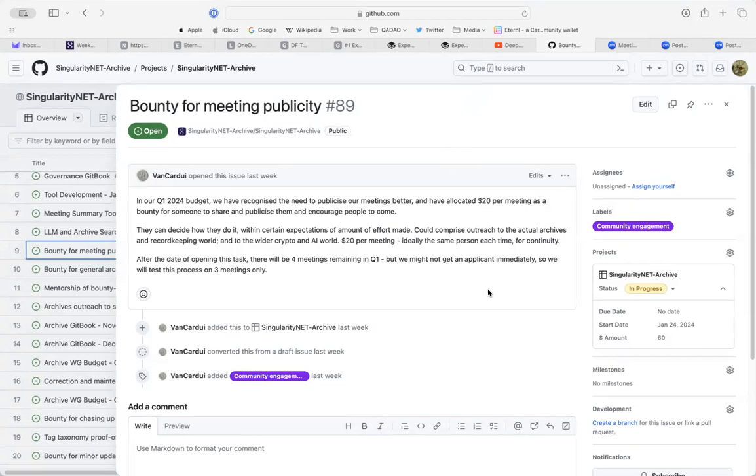Ah, Onyeka has just joined. Excellent. Yeah, I just admitted him, but I can't see him in the participants. Onyeka, we were wondering what your GitHub name was. If we could paste it in chat, maybe, because we wanted to assign that task to you about doing support for the meetings tool, and I couldn't find your name.